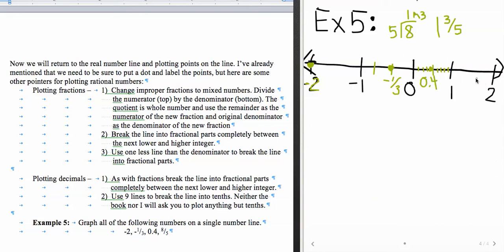So I'm going to need to break the number line between 1 and 2 into 5 equally spaced increments. So I will need 4 lines in order to do that. So 4 evenly spaced lines will break this line into fifths. So there we go. And now from 1, I'll count 1, 2, and 3, and that will make 1 3/5. Now usually the easiest thing to do to show that is to put it back as the improper fraction because it takes a lot less space. So there we go. We've successfully graphed all of those points on our number line, and that's the end of